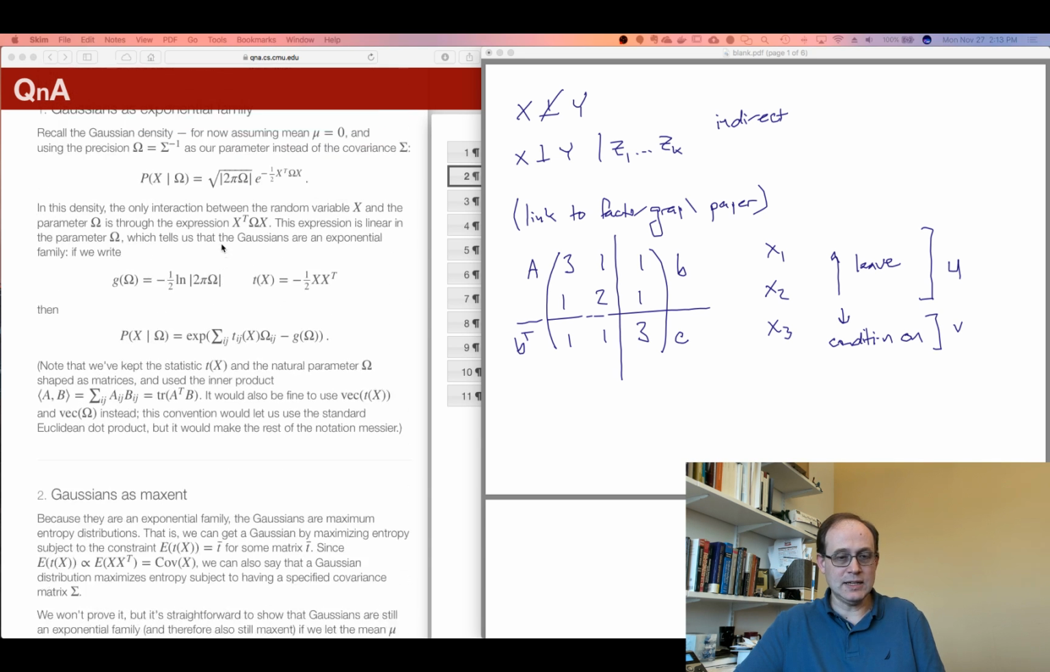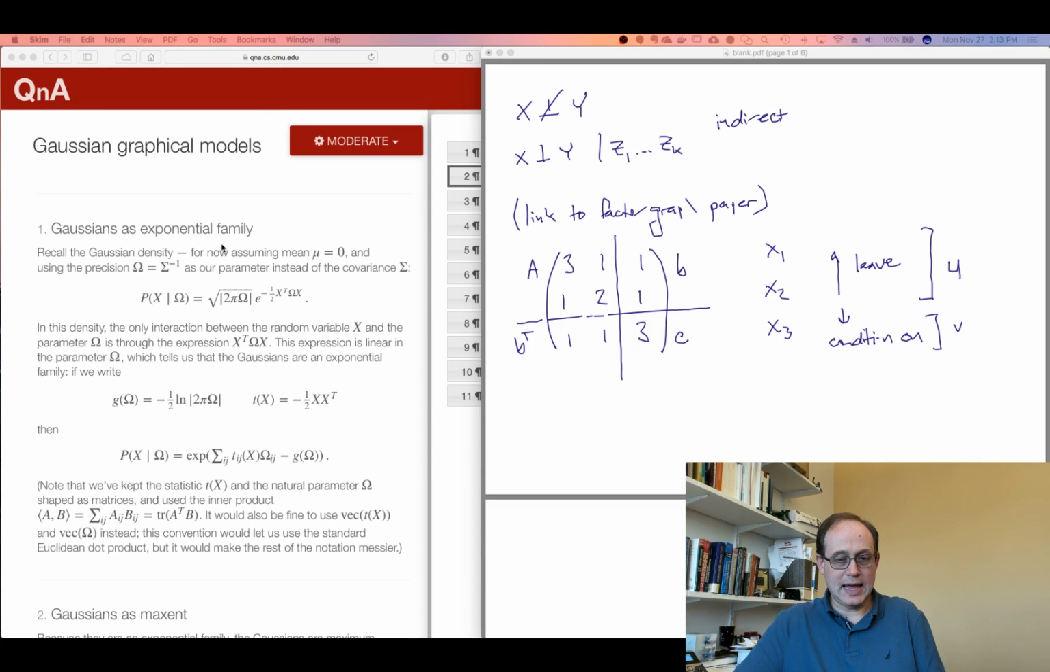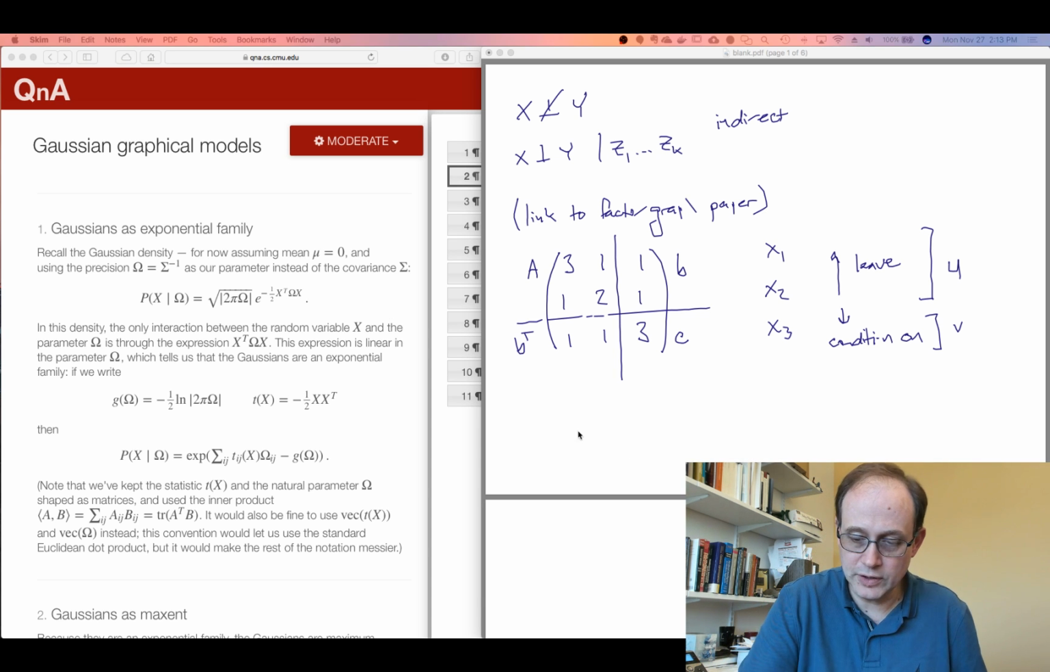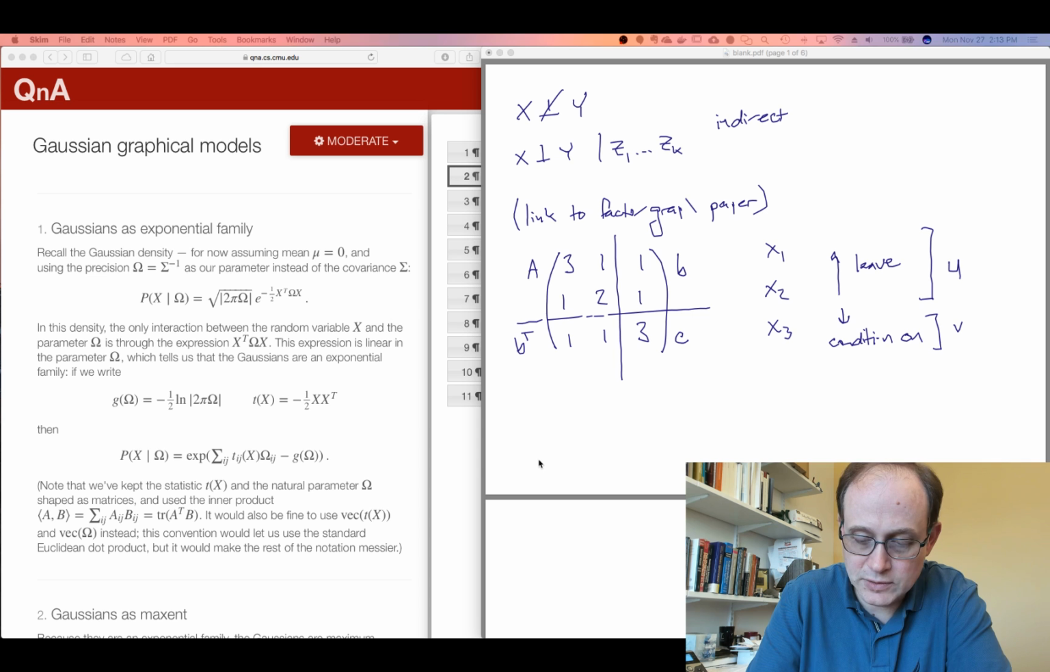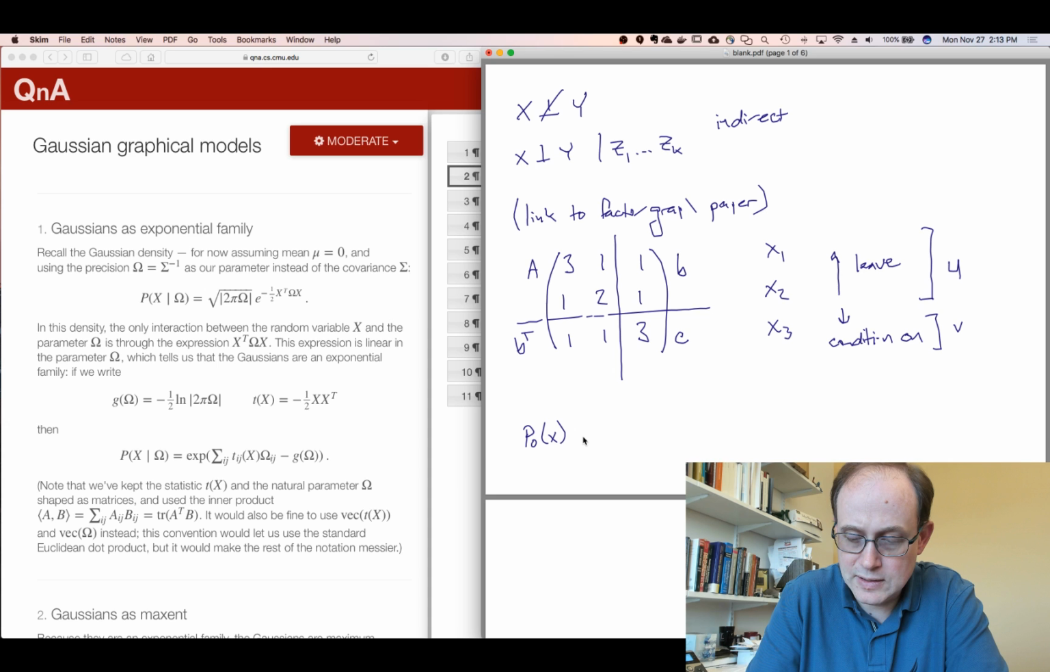And in particular, any distribution of the exponential family form, right? So if you remember, the exponential family form is p0 of x, exp of